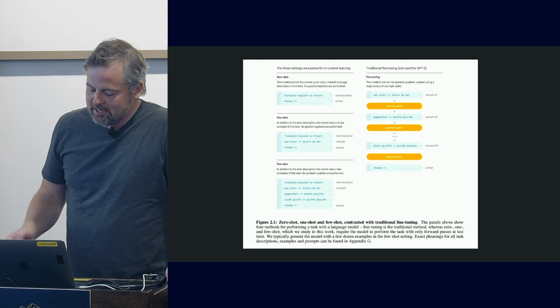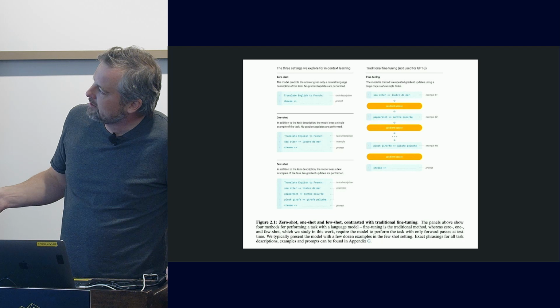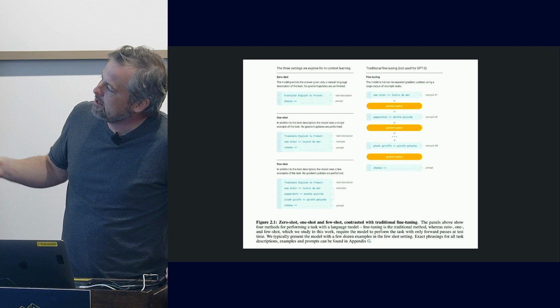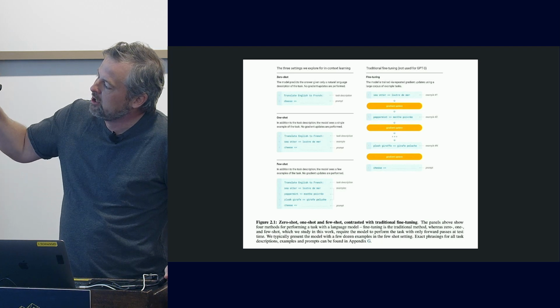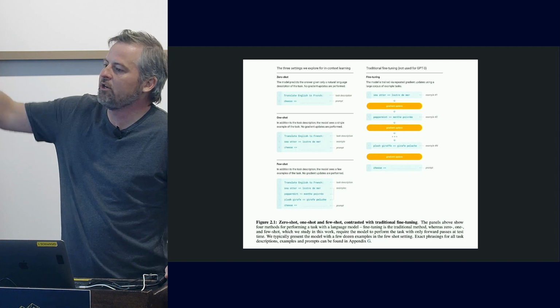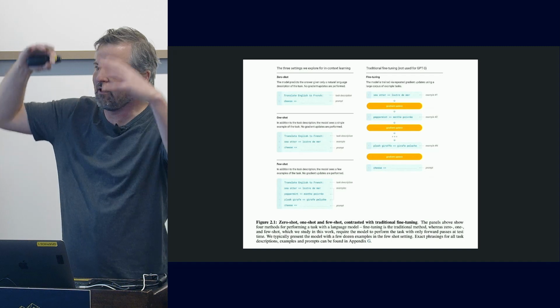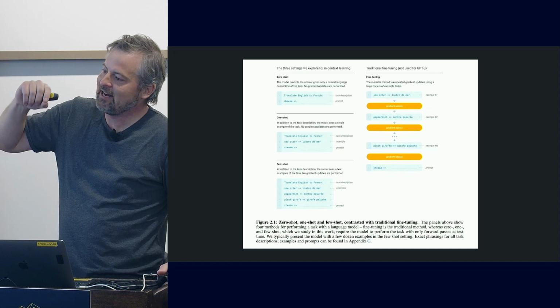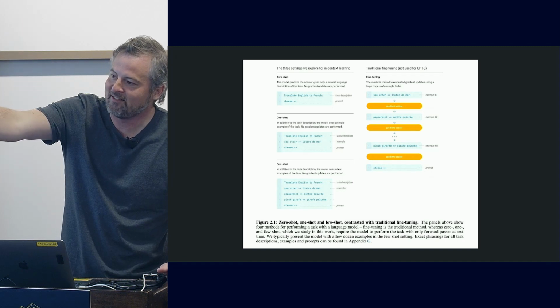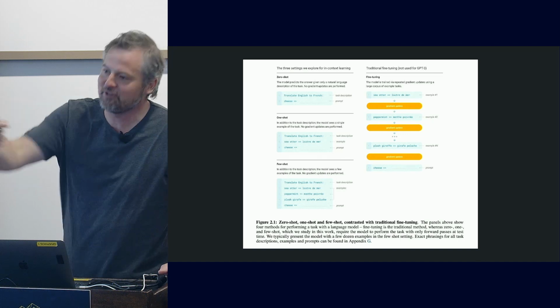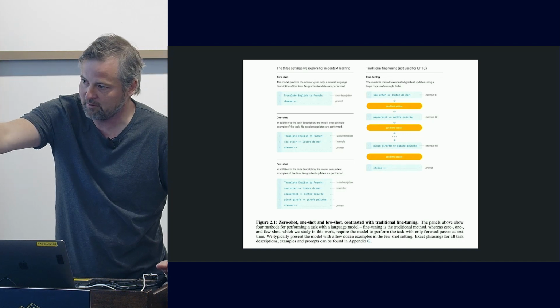The radical idea here, though, is that you're doing essentially in-context learning. You're learning in context, which means within the prompt, the model is learning what you want to do. Okay, so the training data is very small because this model has all this background information, and it's happening in your inference path. You could think of it as, during inference, it's going, oh, I know what to do, and now I'm going to figure out what to do.